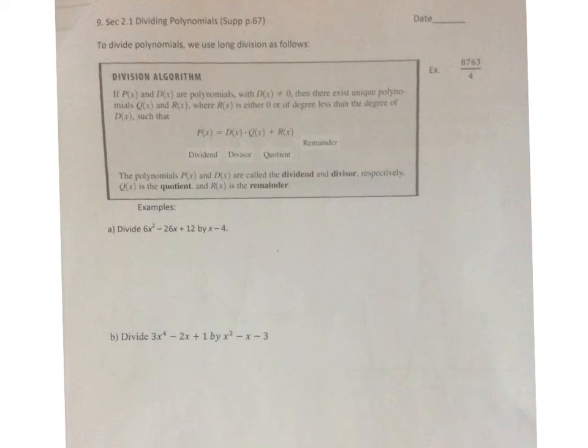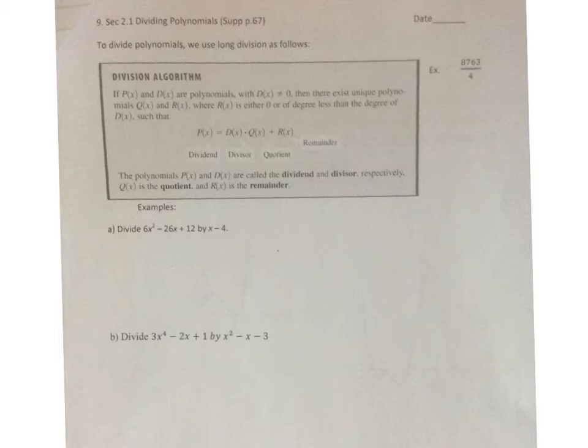Okay, so this is the dividing polynomials lesson. To divide polynomials, we're going to use long division. So the division algorithm says this: if p of x, which is our polynomial, and d of x, which is our polynomial that we're going to divide with, called the divisor, and d of x is not equal to 0, then there exists a unique polynomial, q of x, which is the quotient, the result that we get, and r